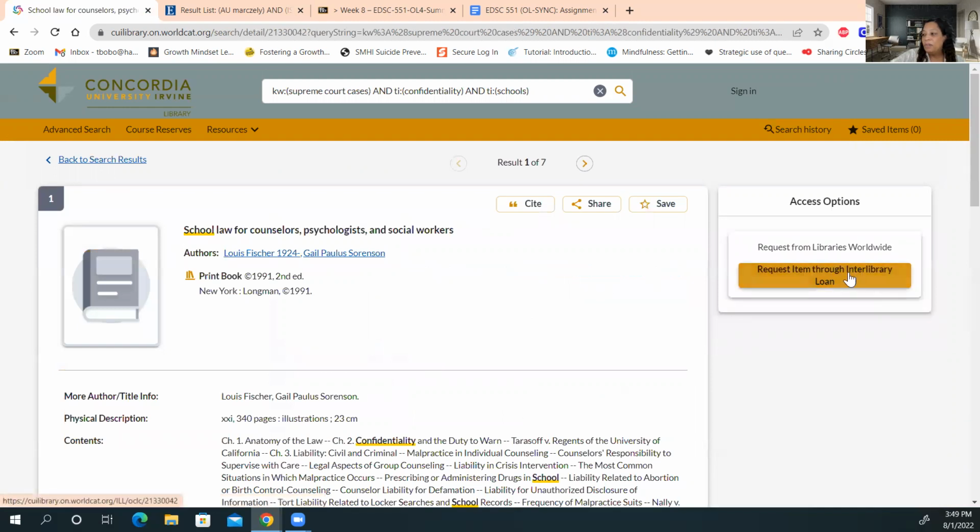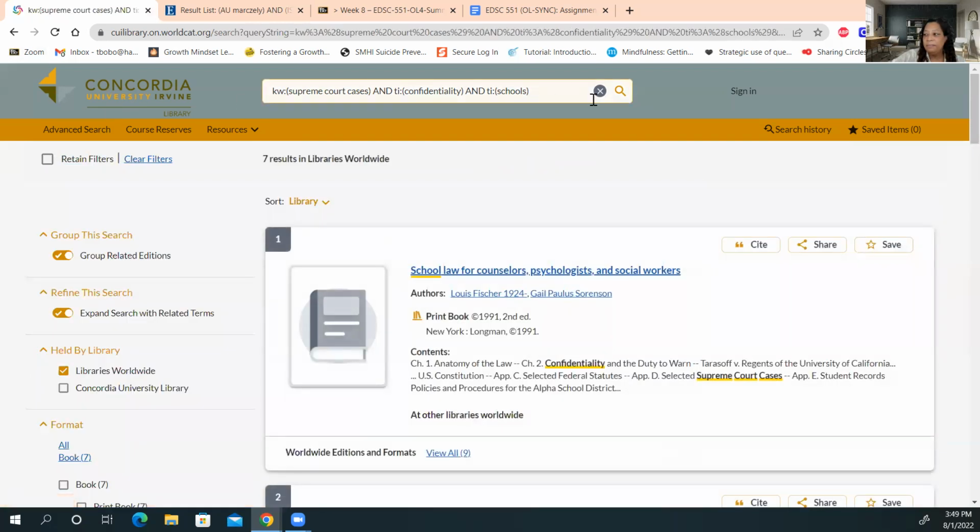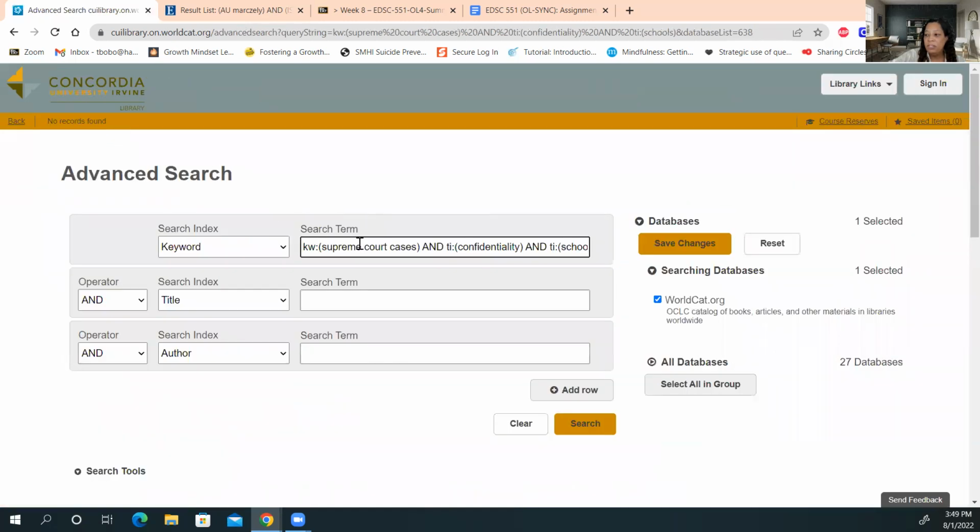Of course, access is through the interlibrary, so that's why it's important that we get it. But I want to put something in here that has a little bit more information. So I'm going to go back in, change it to court cases, and see if we get a better search.